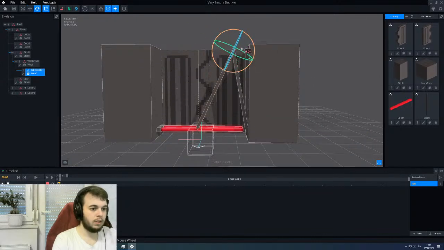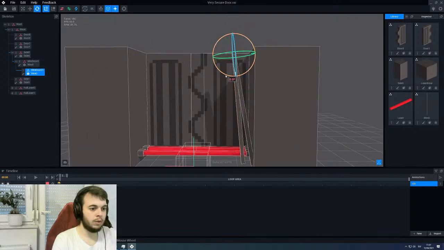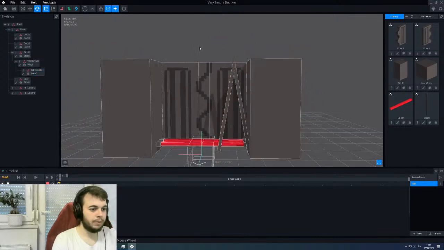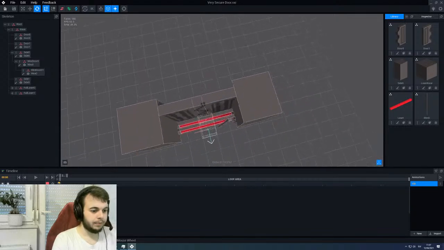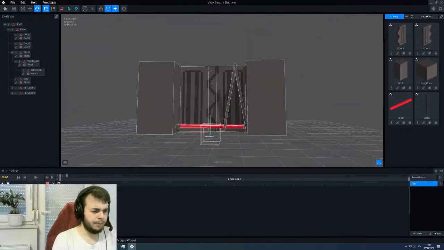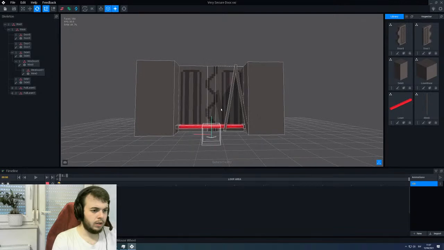And then we move it here, so this is 0. Now this is straight up, and then 1, 2 more here, and then maybe